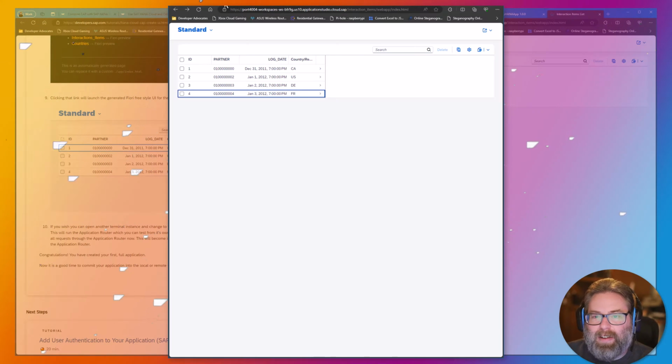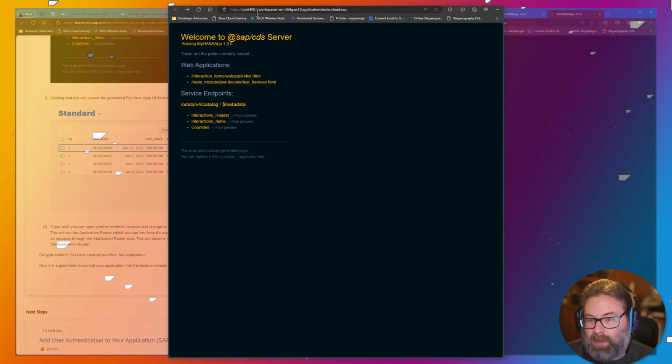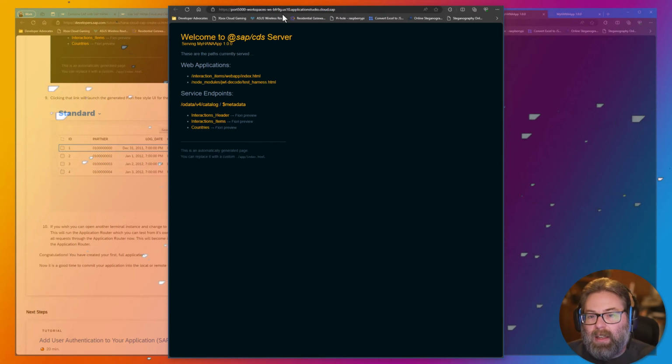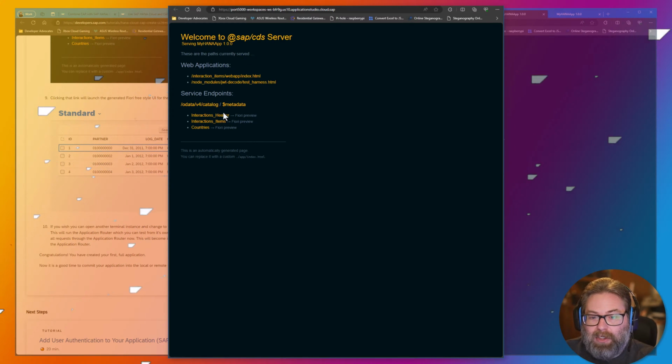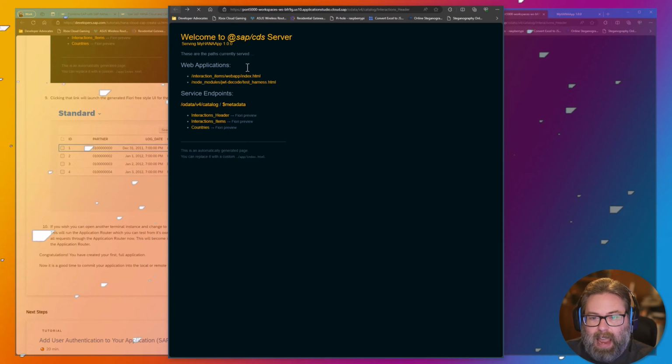I mean, if I go back and forth here, the URL is different. What's running on port 4004, this one's running on port 5000, but because of the routing rules that we put in and the redirect to the CAP service, we're seeing all the same things. If I come here to the header, I'm still seeing the CAP service.